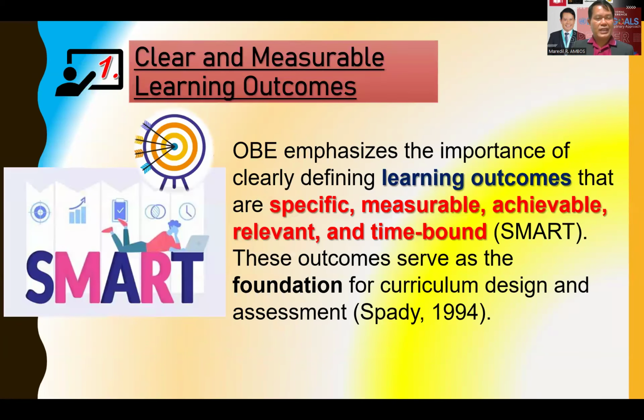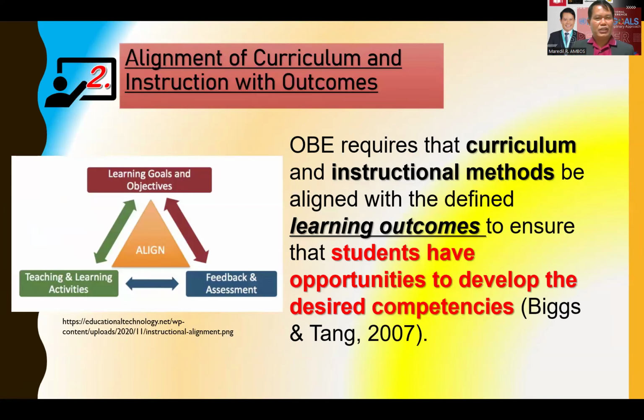The first is we need to have, of course, clear and measurable learning outcomes. We focus more on the SMART, which is, of course, the acronym for specific, measurable, achievable, relevant, and time-bound outcomes. And the second is alignment of curriculum and